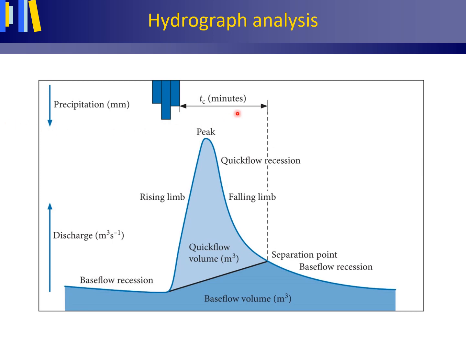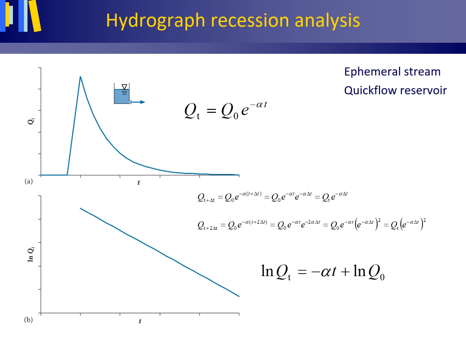Finally, the time of concentration is the time required for surface water or other water contributing to the quick flow of a stream to flow from the farthest point in the watershed to the outlet. Streams that hold water throughout the year are called perennial, whereas a channel that only holds water during and immediately after a rain or snowmelt event is called ephemeral. An ephemeral stream thus has no base flow, only quick flow.